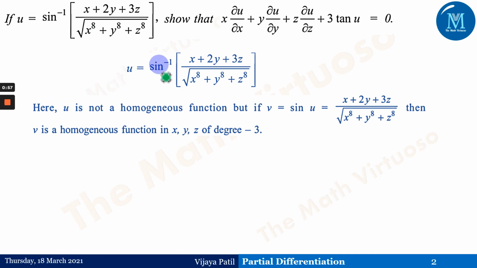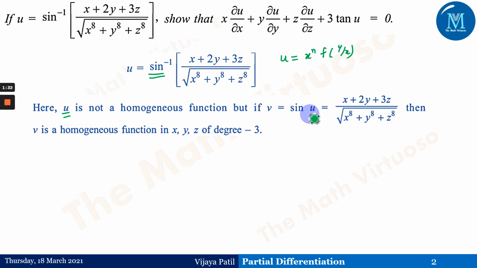Easily we could just do that because in one question we have discussed how this sine inverse of the function cannot be a homogeneous function in the present case. Now we can say that this u is not a homogeneous function because this u cannot be written as x to the power n into a function of y by x. That's the reason we cannot express this in this way, because the sine inverse is the function present over in this u. Therefore, this u is not a homogeneous function.